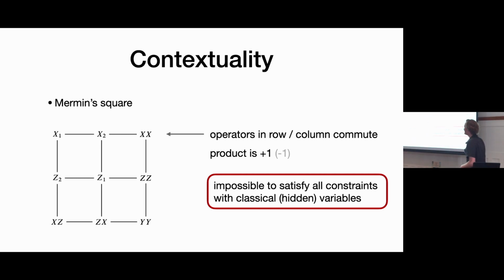But each operator appears exactly twice, in a row and a column. So if you look at it on the level of the binary values assigned to each operator, you're taking either 0 or 1, plus or minus, and multiplying it with itself. So it has to be plus 1. So there's no way to multiply a bunch of classical values out and get minus 1 from this table. But you can see with the quantum operators, you can do it because essentially they anti-commute.